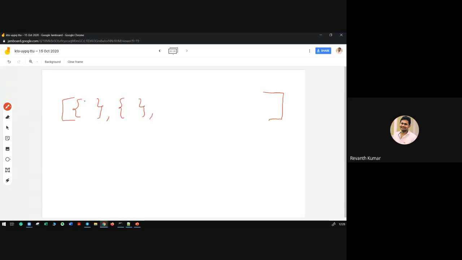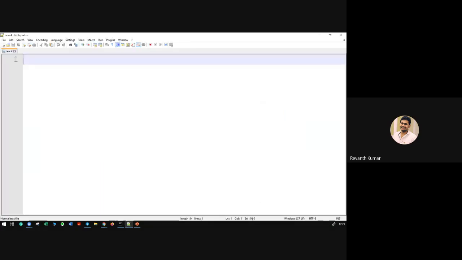You write objects in curly braces, isn't it? These are multiple objects inside this. Okay, so coming to the programmatic implementation of this, what we are going to do is